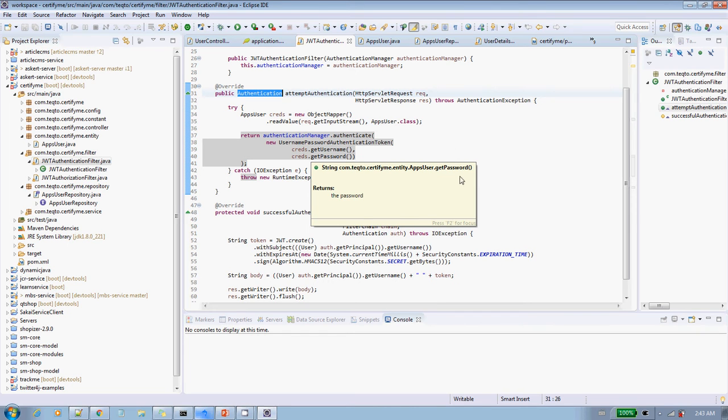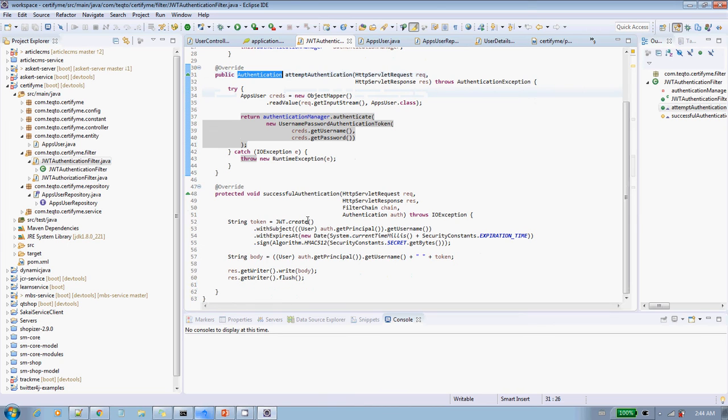A security context is a small container where we can store data, but here we have a thread local security context. It is a small container where we can store data, but it is thread safe and has some extra security pattern applied on it. So this authentication is getting stored there, and we have a successful authentication.